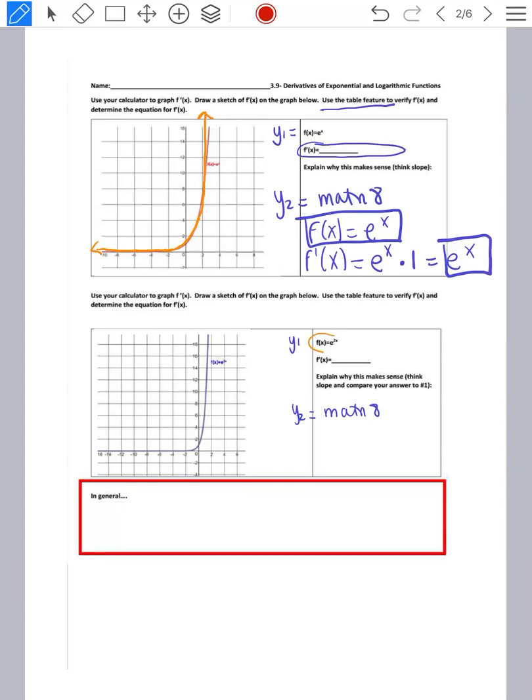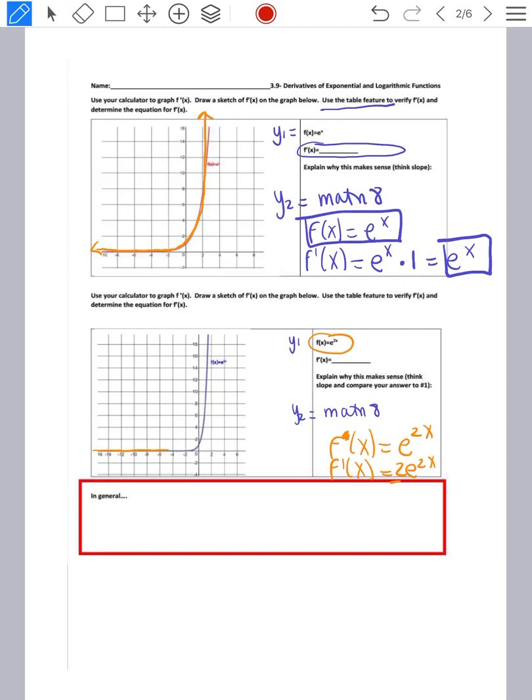Here, the only difference when we have f of x is equal to e to the 2x, well, based on our derivative rules, the derivative would be e to the 2x times the derivative of the inside, times 2. So here, our derivative is not going to be exactly the same. It's going to be 2 times e to the 2x,